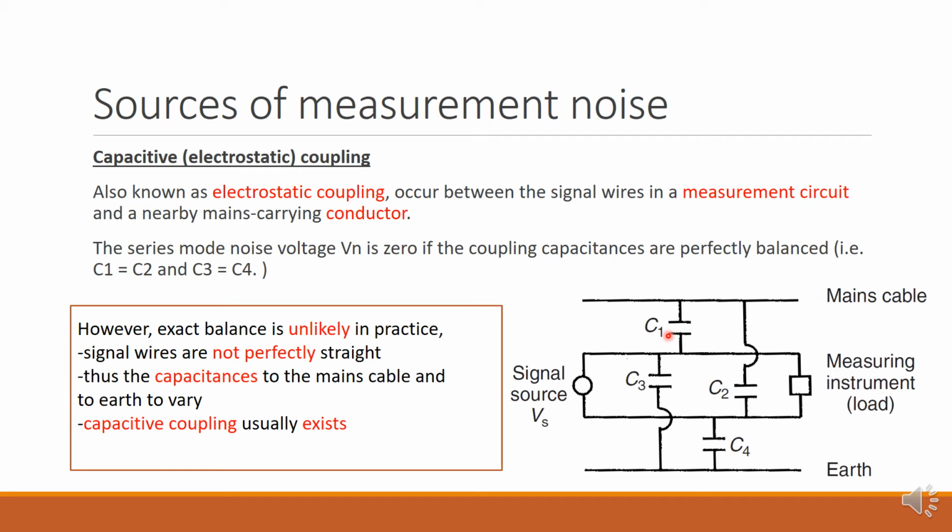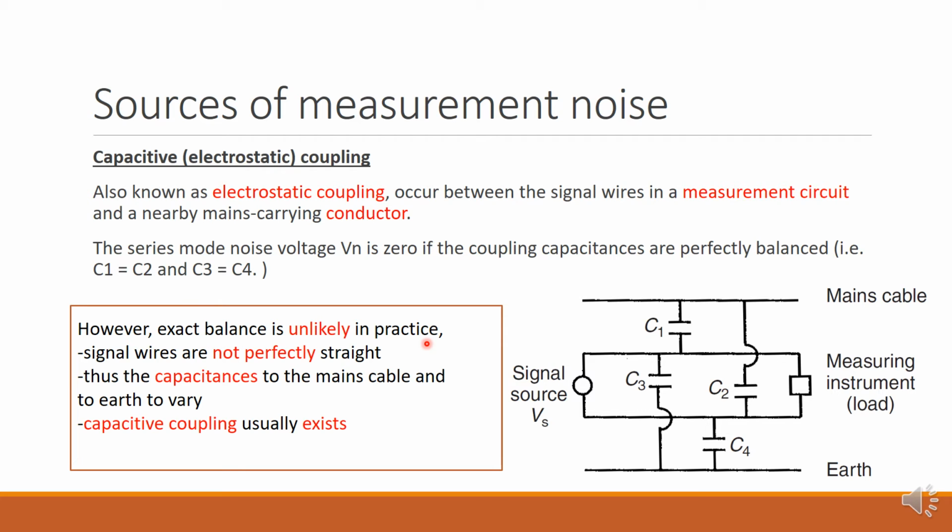So it is balanced, so this is actually equal to 0, okay? Because the distance is equal. For capacitance calculation, V equals C dV. Since the distance is equal, it is equal to 0 in the ideal case. Same as the capacitive coupling between ground and your cable: C3 and C4 are also equal to 0. However, exact balance